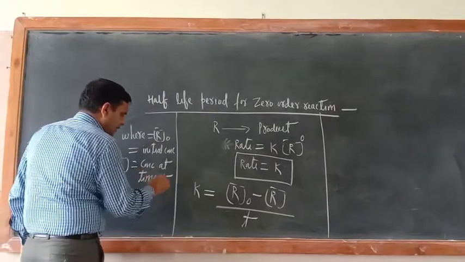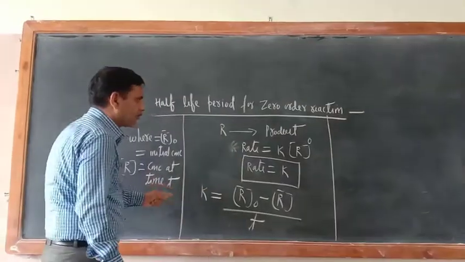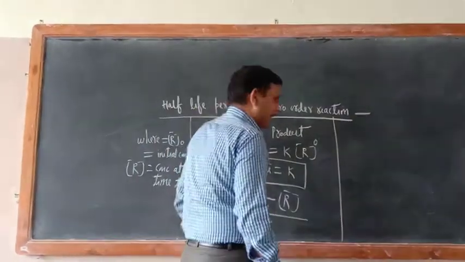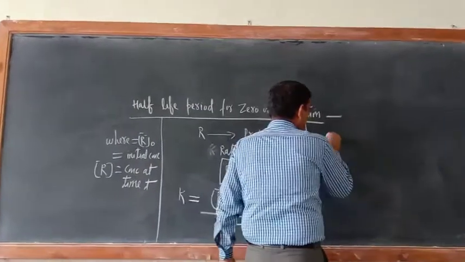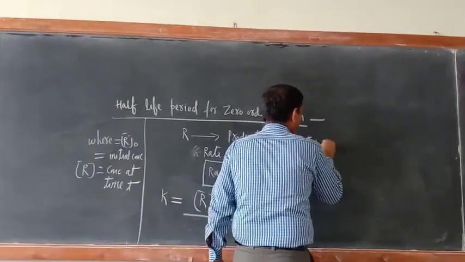Suppose this time is the half-life, so we can write t half equal to